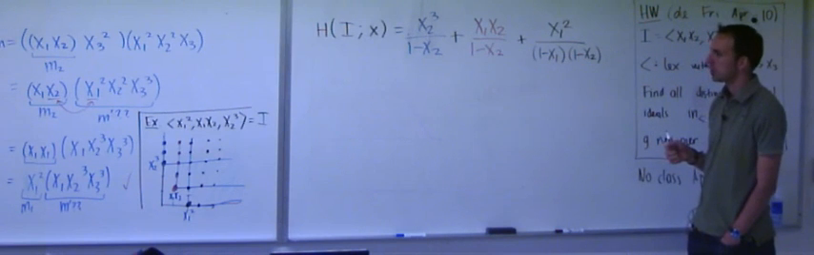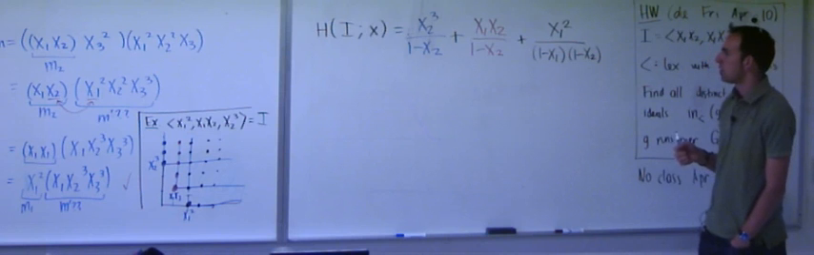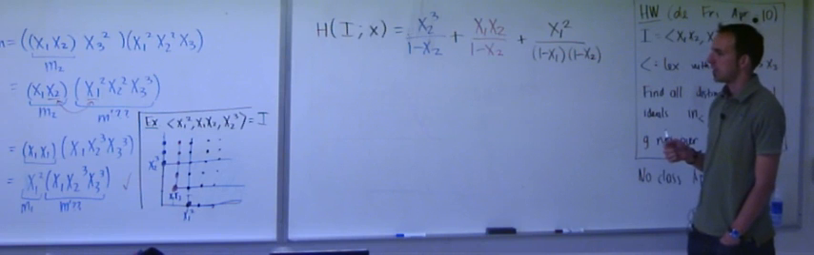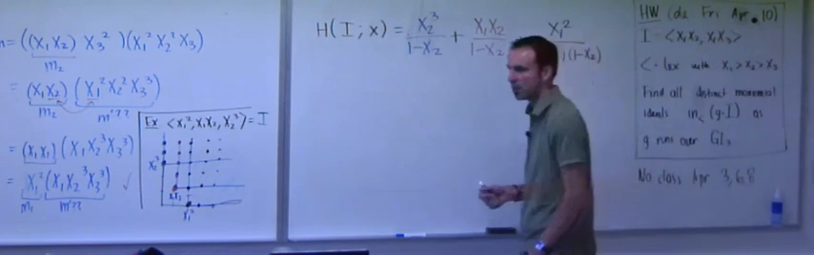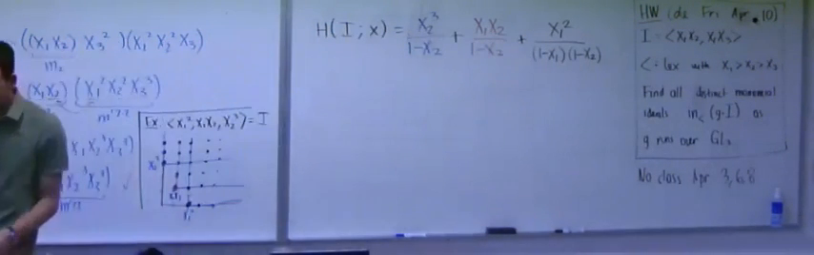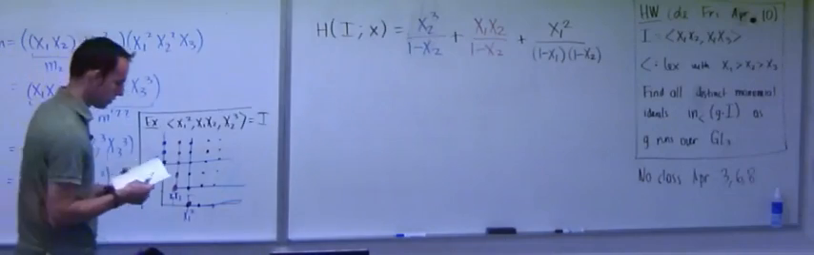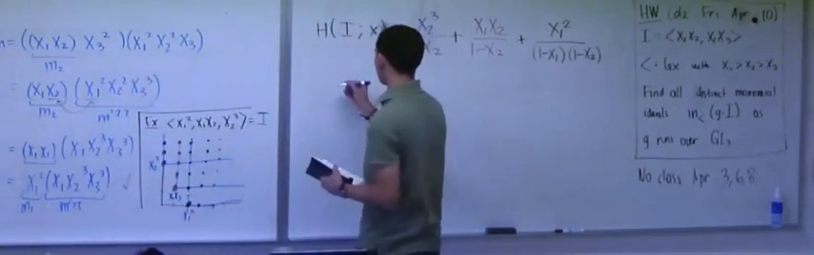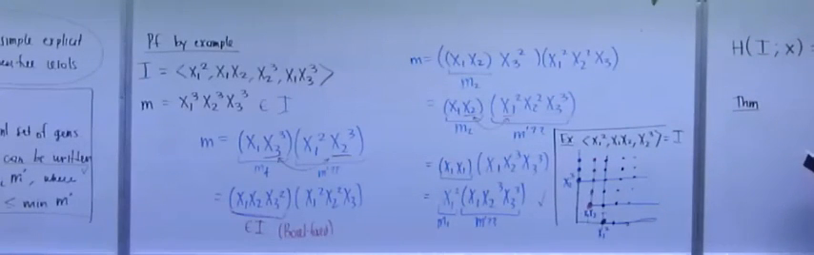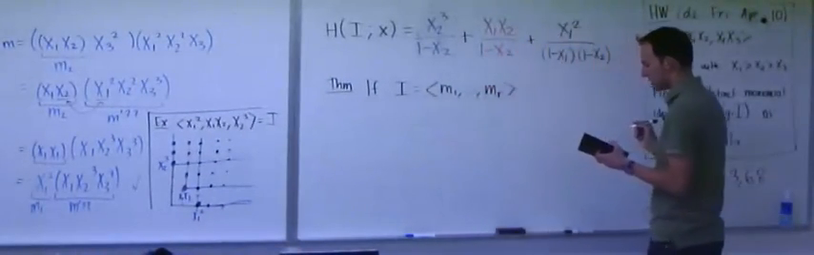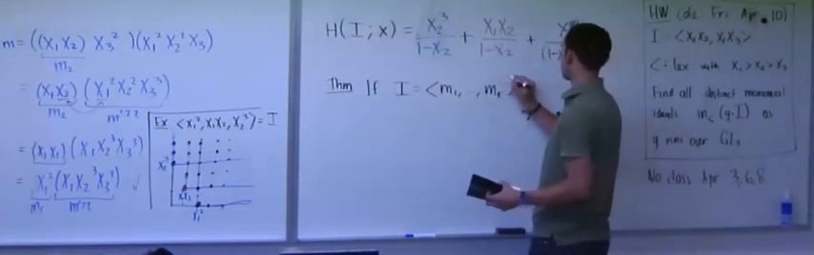So that's the formula. And this same formula works for any one of these guys. It looks like this. So here's the theorem. If I is generated by all of these guys, and these guys are the minimal set of generators,